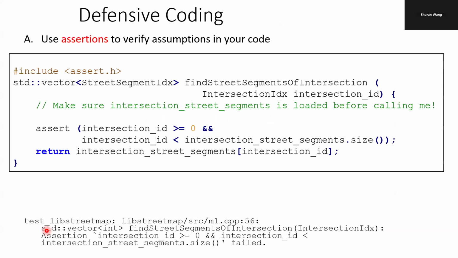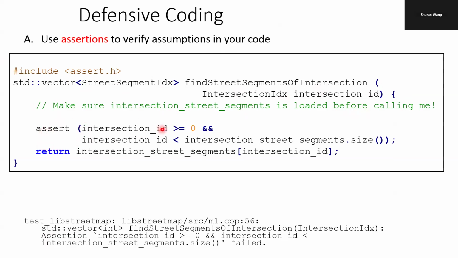For find street segments of intersection, we are assuming that we are always having a valid intersection ID in the parameter. To be defensive enough, this function should be verifying that we are actually having a valid intersection ID at the beginning of the function